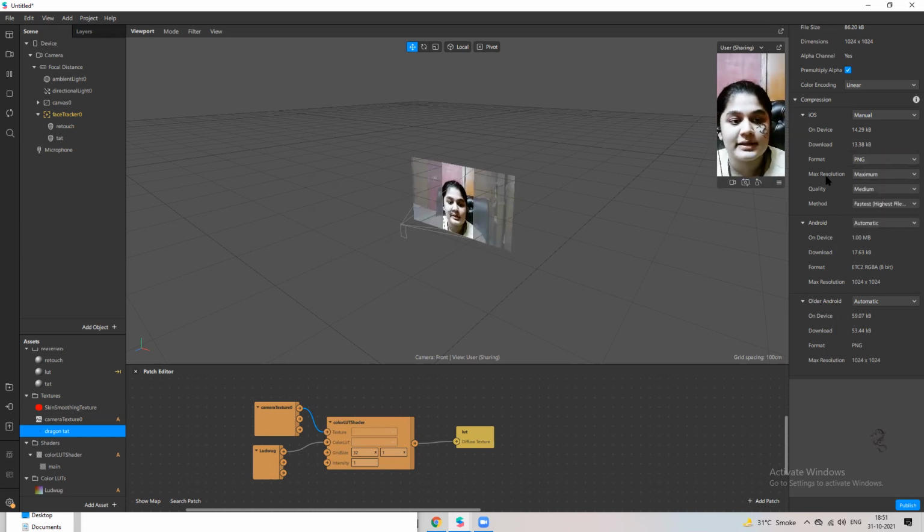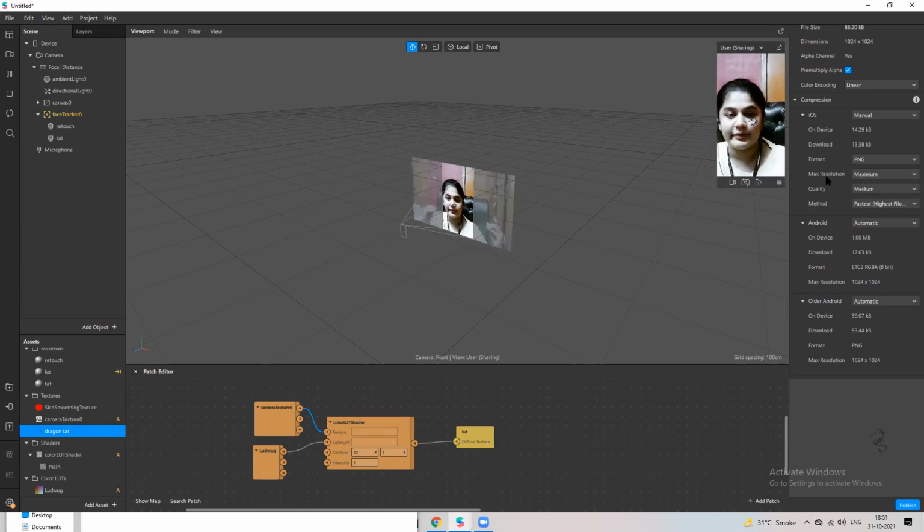So then, after that, there's an option for maximum resolution. If the texture you're using is not that important, it won't be very visible, it's a very small thing, like if you're making a confetti and there's a tiny dot in the back, it's not a texture which will be very visible in the filter. It's just going to complement the filter. It's in the background somewhere, it's tiny.